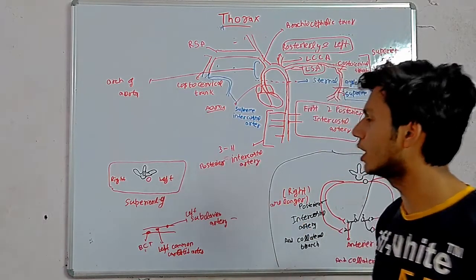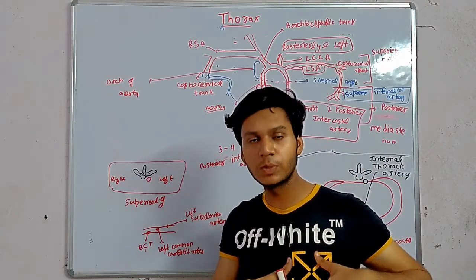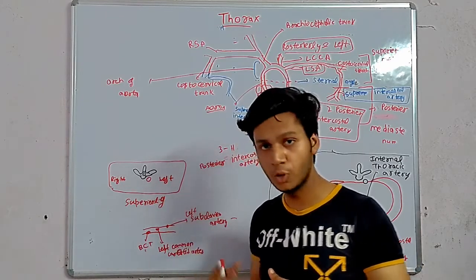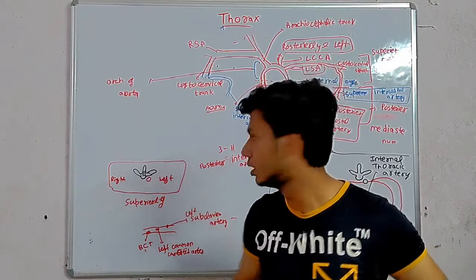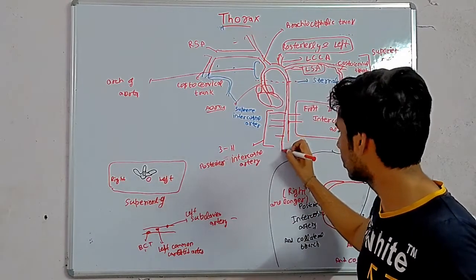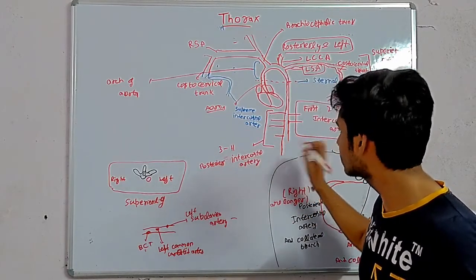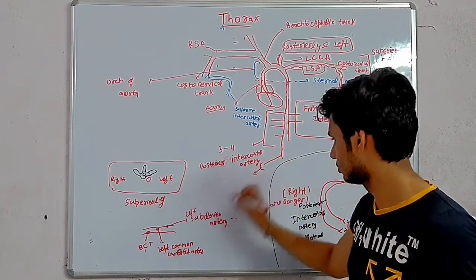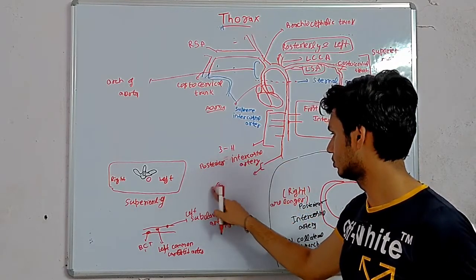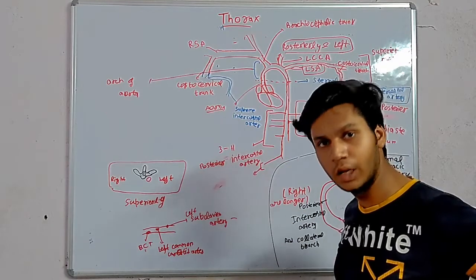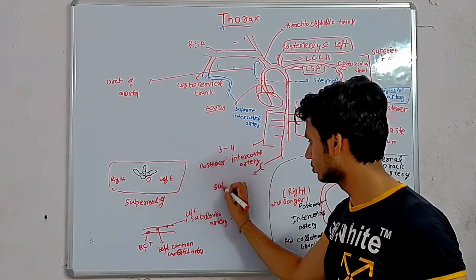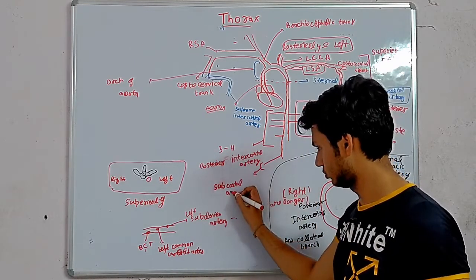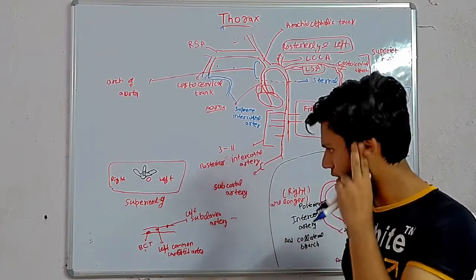Now the important thing: we know 12 ribs are present here, and 11 intercostal spaces form. There is one artery which goes just below the 12th rib. These intercostal spaces are supplied from this, but one artery from both sides comes from the thoracic aorta, and this is called the subcostal artery, which is supplied just below the 12th rib, posteriorly. Subcostal arteries. Done.